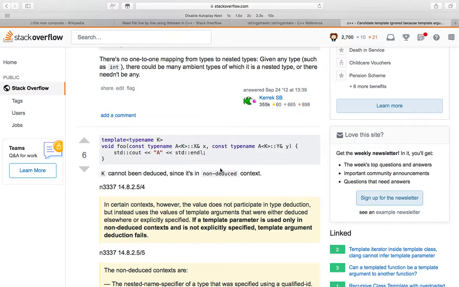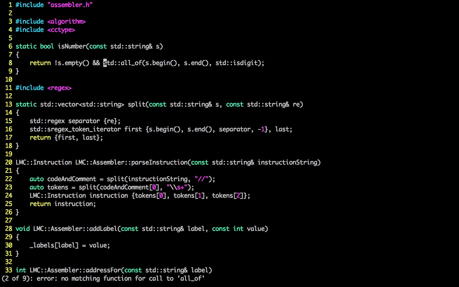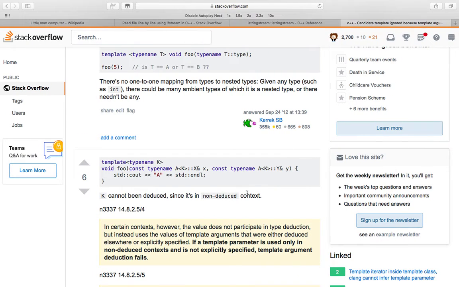Interesting. So K is in a non-deducible context in that example. I wonder if that's going to be the issue here. Is digit. Let's see. So